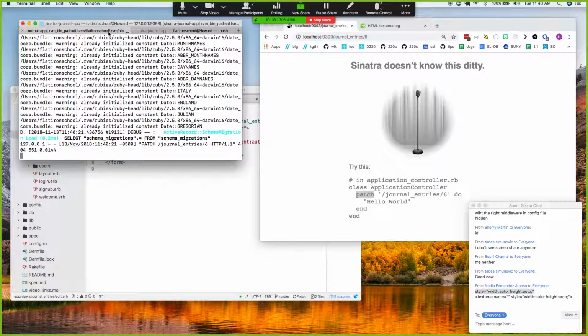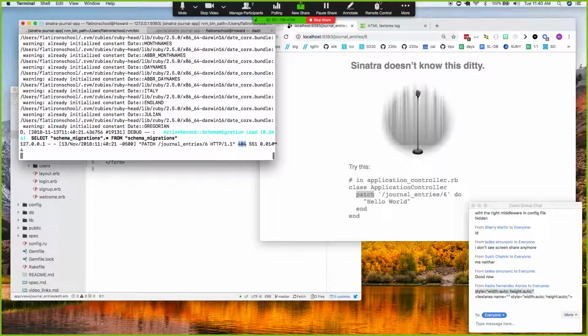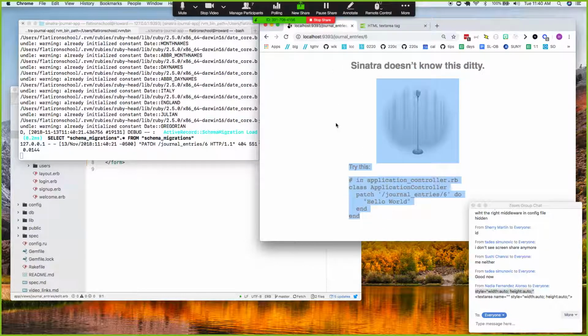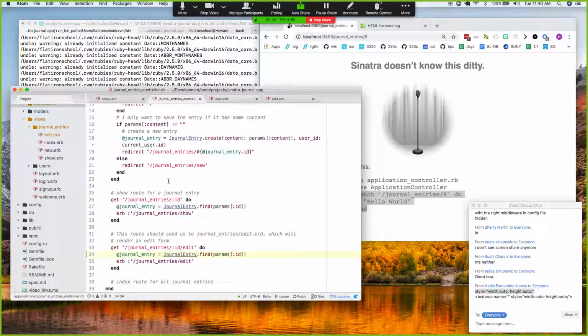And if I look back in my log, sure enough, patch journal entry 6 was fired, but it got a 404 error on not found. Okay, let's widen that so we can see that a little better. This is my status code, it's a 404, and this is the page that loads as a result of 404s in Sinatra. Okay, so this is good news. I'm just going to do the same thing. I'm going to copy this, add it to my journal entries controller,